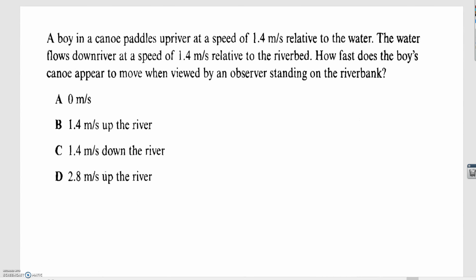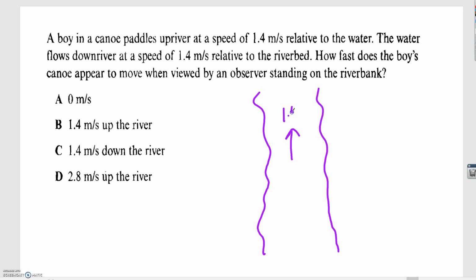Okay. So a boy in a canoe paddles upriver at a speed of 1.4 meters per second relative to the water. So first of all, let's draw this out. So let's say we have a river here. And somebody's canoeing upriver 1.4 meters per second. The water flows downriver at a speed of 1.4 meters per second. So this person is going against the current. They're going opposite ways. How fast is the boy's canoe